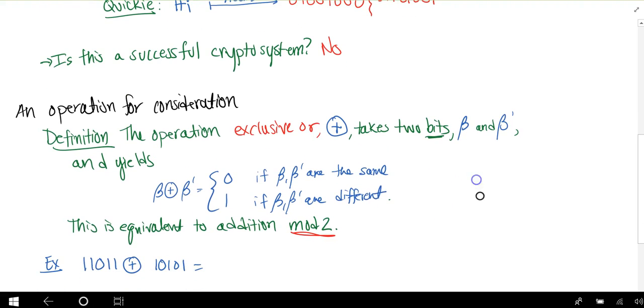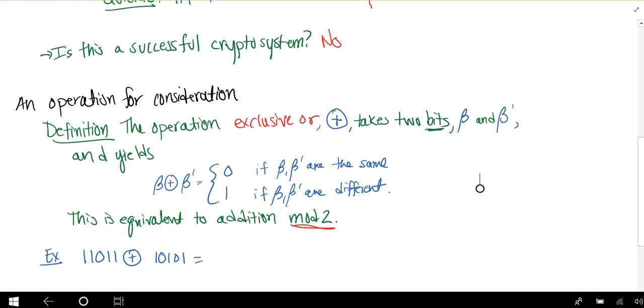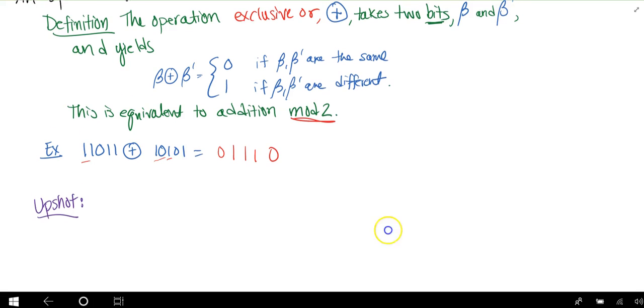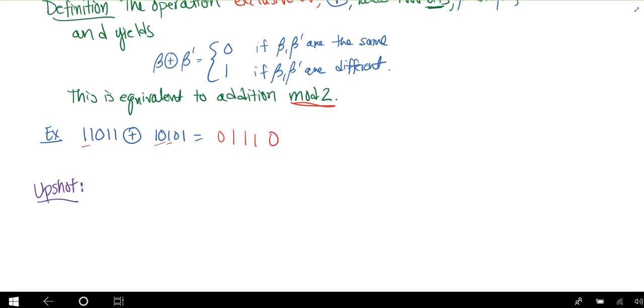If we were to add these two, and these are not bytes yet, but just to illustrate the point here, we would have 0, 1, 1, 1, 0. So we're doing this a byte or bit at a time. The idea is that the inclusion of this operation does make it so that